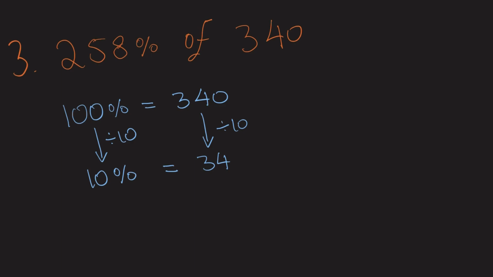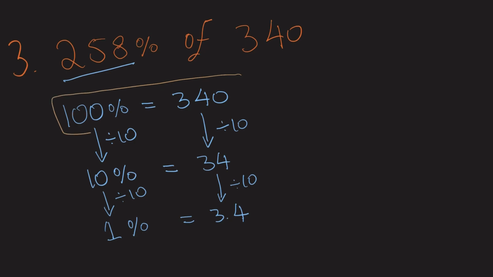And now we also want to work out what is 1%. So to get from 10 to 1, I have to divide by 10. Do the exact same on the other side. Nice and easy. Perfect. And now we want to see how can I get 258. So what I'll first do is in this row, I'll times everything by 2, which will get me